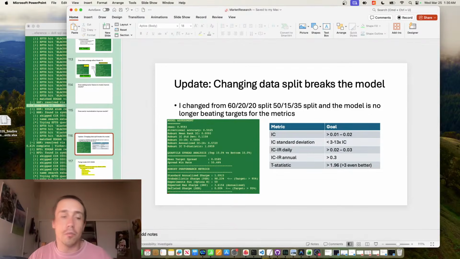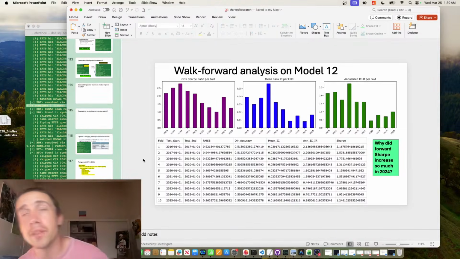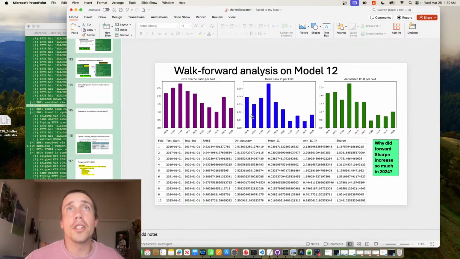So this indicated the model isn't robust, and I needed to figure out why. I did a walk forward analysis where I grouped data and trained a bunch of models. Each model had 6 sequential years grouped. The last year was the test. The second to last year was the validation set for tuning the hyperparameters, and the first 4 years was the training. And you see, basically, I want an information coefficient between 0.01 and 0.02.